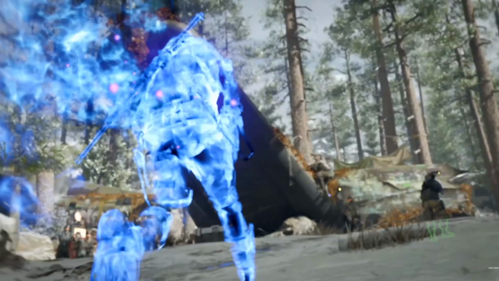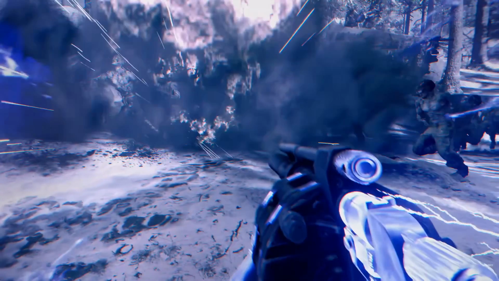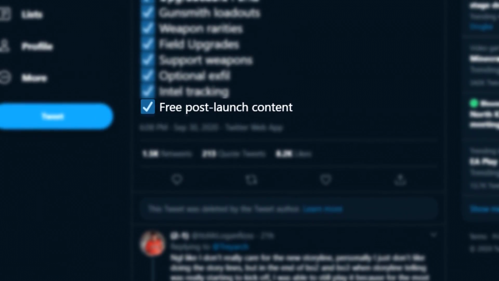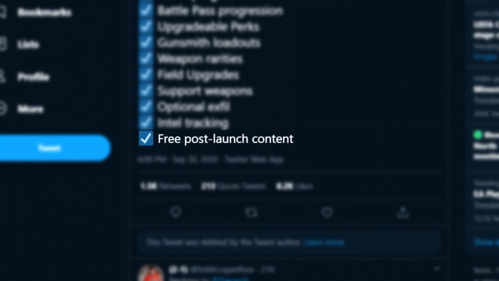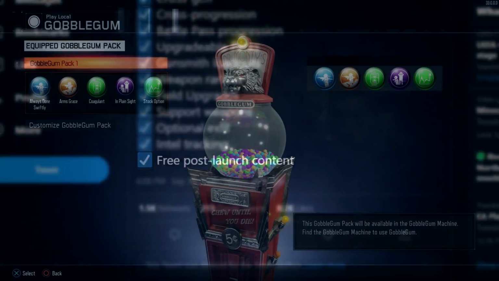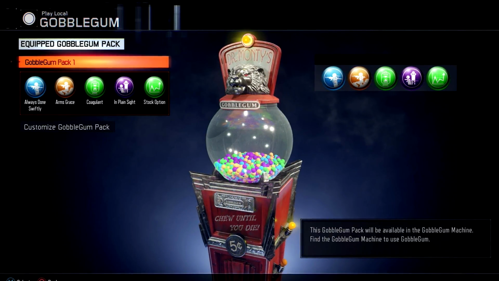So this, like I said, could be some form of new gobblegum effect, because take note that the zombies seem to be ignoring the player, and as I keep mentioning gobblegums, it is worth noting that Activision did say in the start of this that there'll be no paid DLC for this game. Yes, there will be the battle passes and stuff like that, but as we know, these game companies want to try and make as much money as possible from microtransactions. So I very, very much expect there to be some sort of gobblegum paid system just like there was in